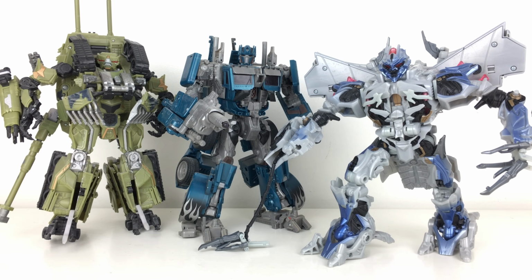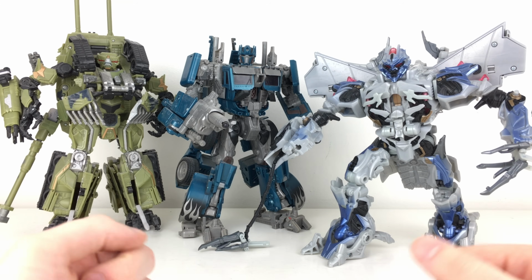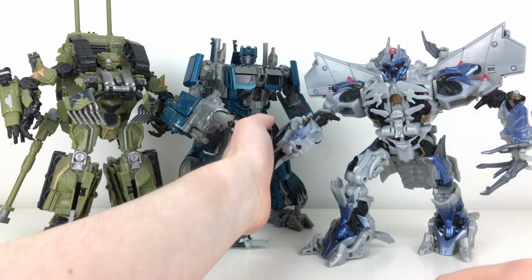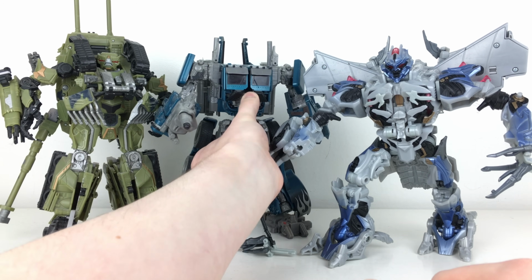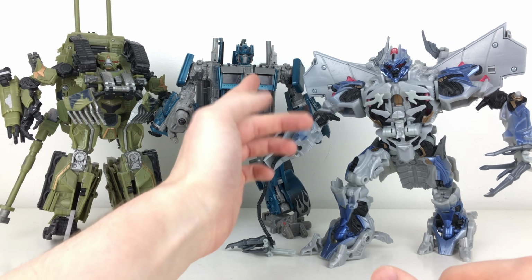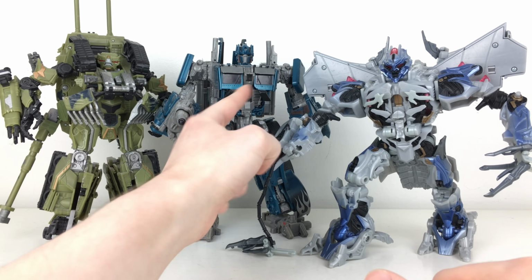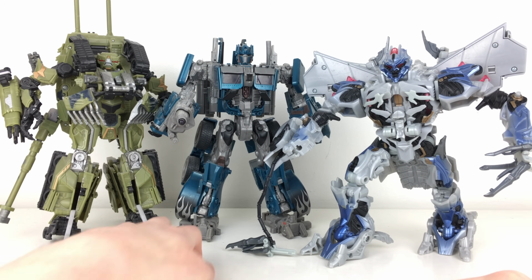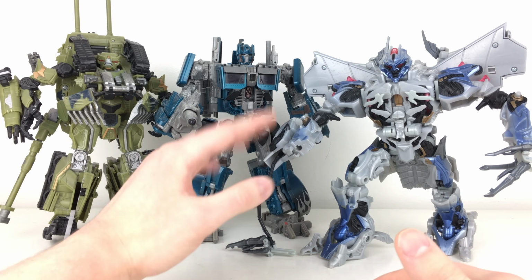All the plastic is really well done. You can transform this figure multiple times and you don't feel like you're going to break anything. The automorph gimmick was amazing. I don't necessarily think that it still works, but we'll just quickly give it a go. You just have to push that, and then the lights and sounds would be showcased within the truck windows, and the eyes would light up as well as the sound effects. I probably don't have the batteries in him at the moment, or they've just died,